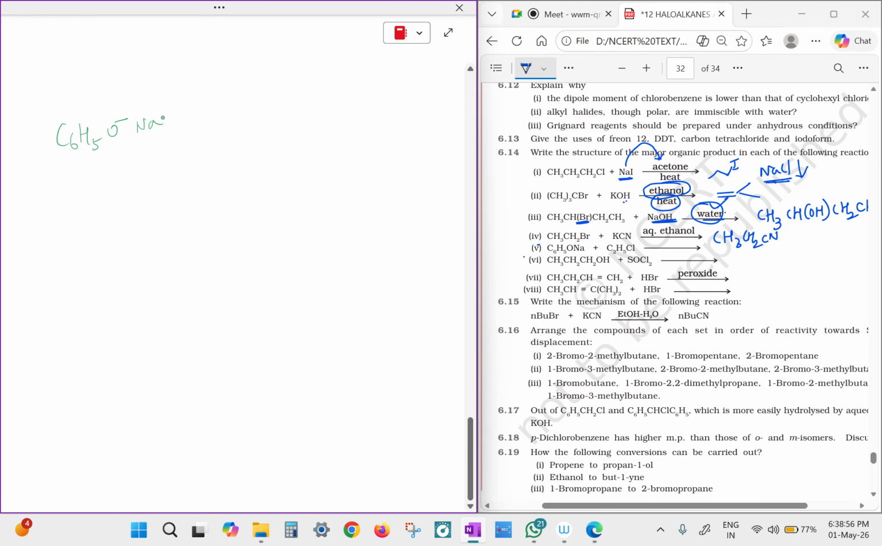C6H5O minus Na plus. Start seeing the ONa, C6H5ONa, as O minus Na plus. With a charge, it will become more and more clear. You're reacting it with C2H5Cl. What would happen? NaCl and C6H5